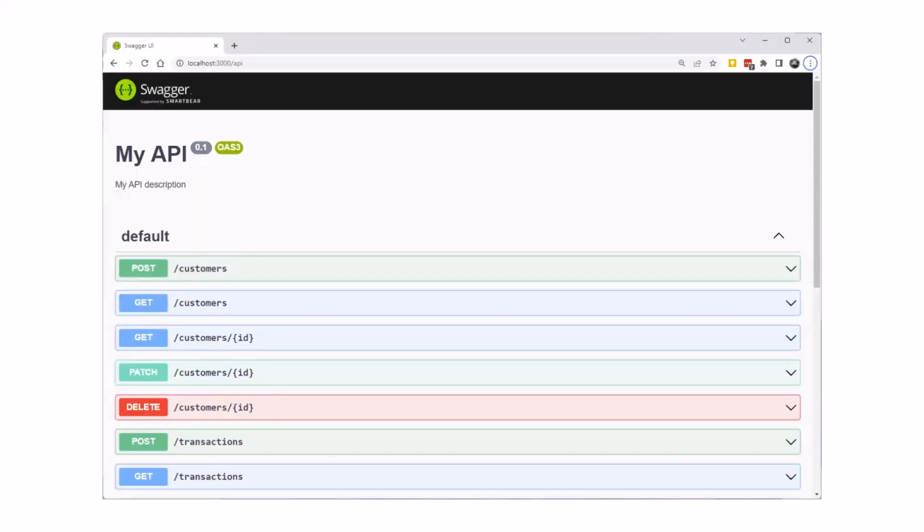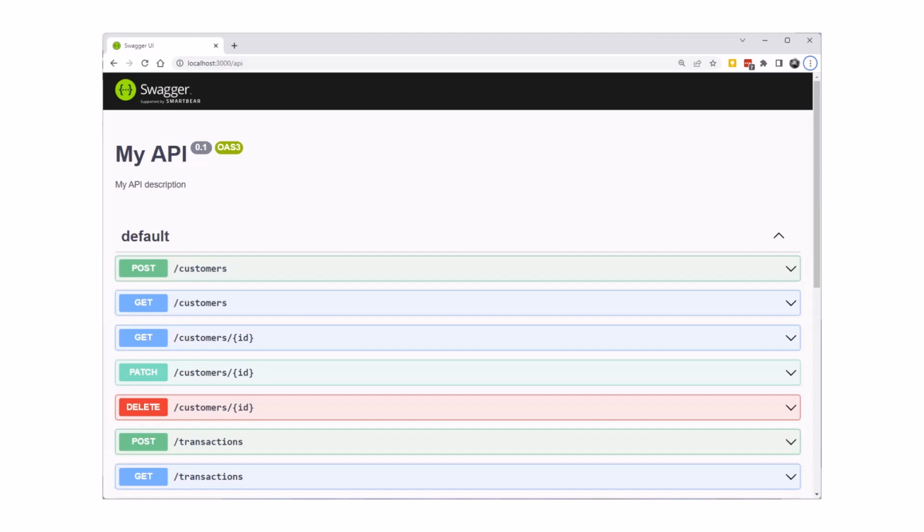So what we see here is a Swagger API documentation of a service for managing customers and transactions. Swagger is a popular way to document APIs and share them with consumers, though it is certainly not the only way. What we basically see is several API definitions, and these definitions are for API access over HTTP, and hence we see that each API definition contains both a root and an HTTP verb, such as post, get, patch, or delete.